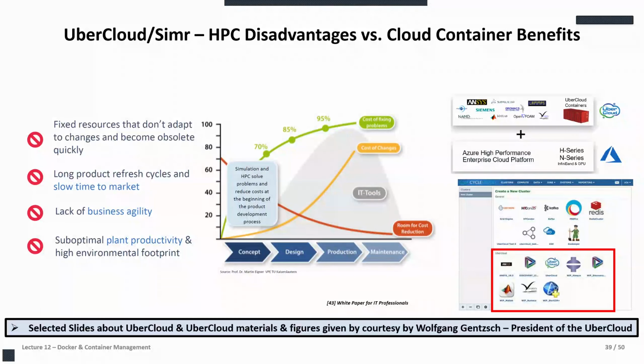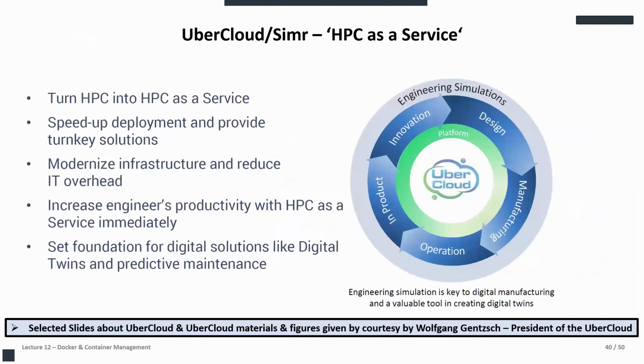You see an example of the Azure High Performance Enterprise Cloud Platform. We have also seen the HPC clusters in Amazon, which were at the end of one of the lectures, which are really the larger set of resources, going way beyond what we did in our examples at the beginning of the course, where we just picked one EC2 element. So there we're talking really about HPC and larger needs. So in a way, this gives you this fantastic term that we already had from the beginning in the course: HPC as a service.